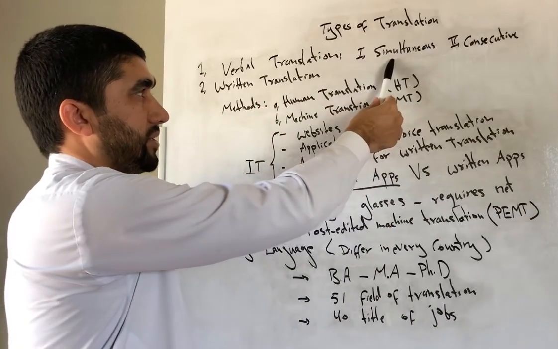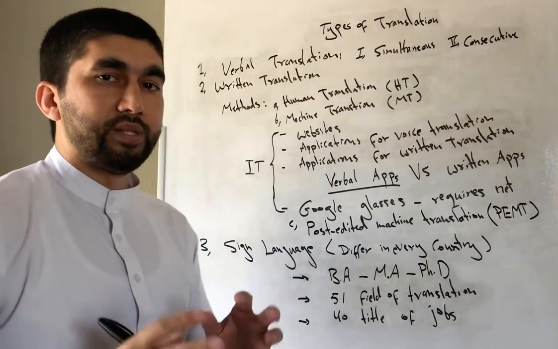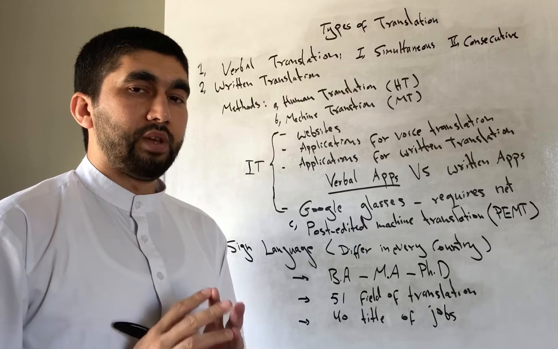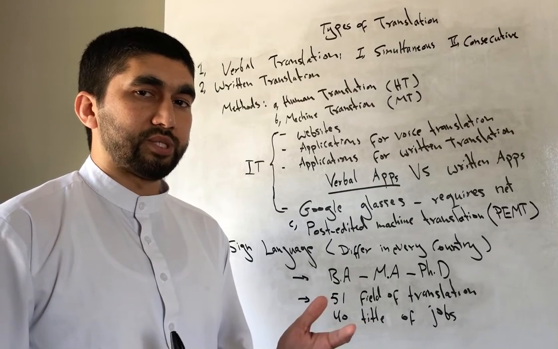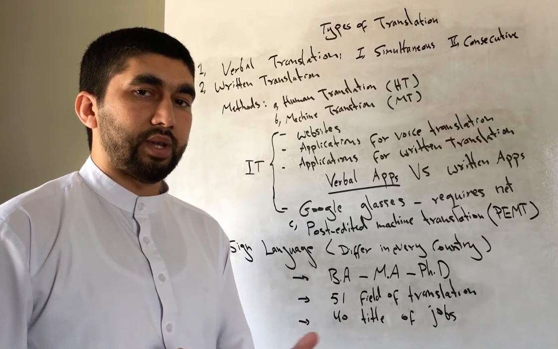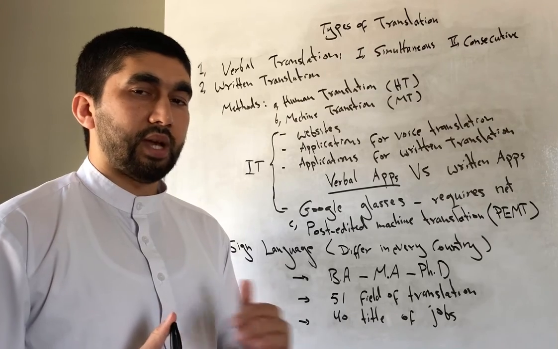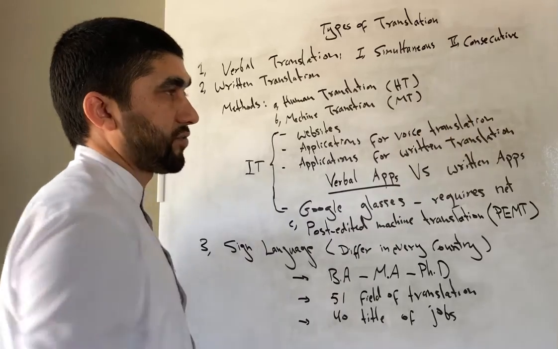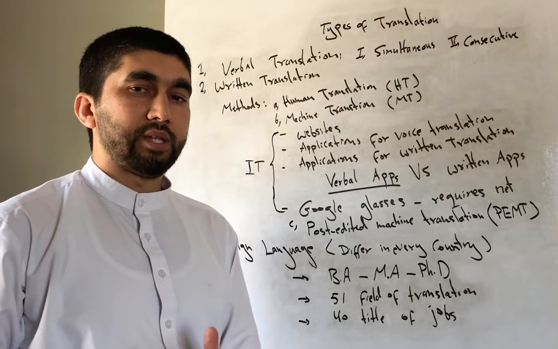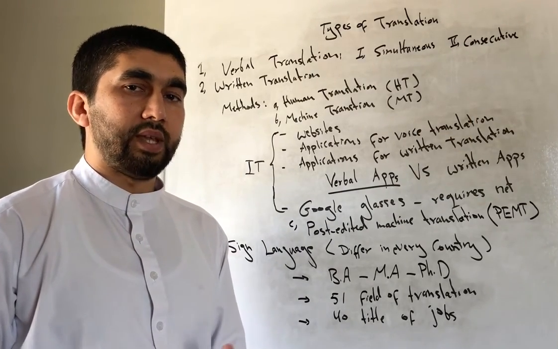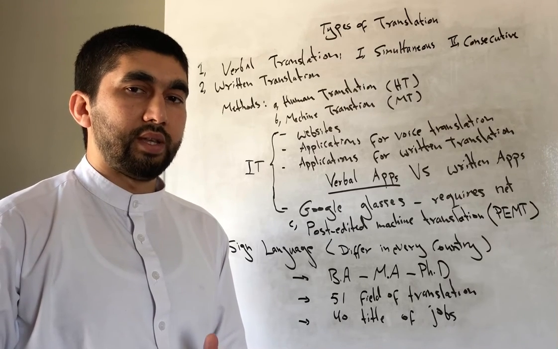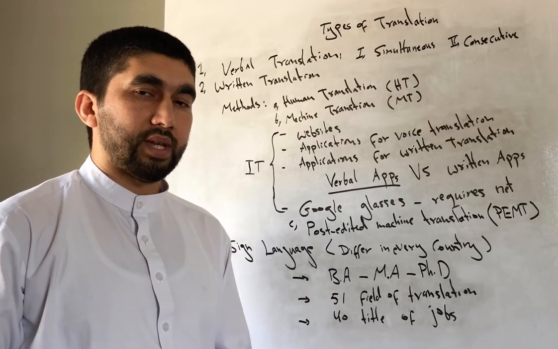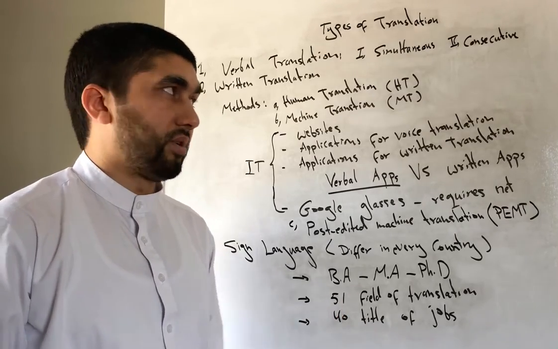One is simultaneous translation, which simply means that somebody keeps on with his or her speech, and you're required to do the simultaneous translation while he or she is talking, and there is no stop, you just have to keep on. But with the second type, which is consecutive translation, somebody may speak for a couple of sentences, then he or she may pause, and then you're going to translate that. Once you're done with that, then he or she begins again, and this scenario keeps on.